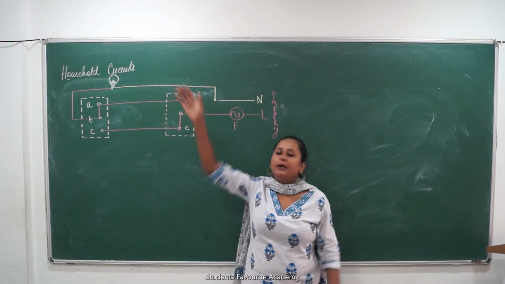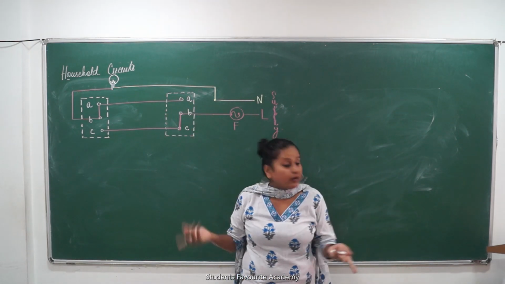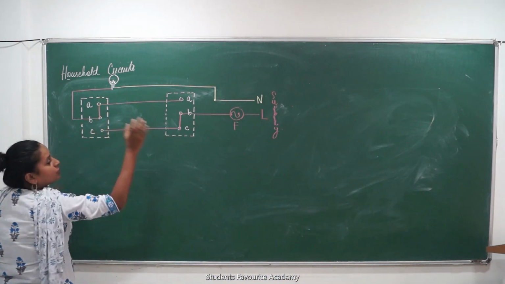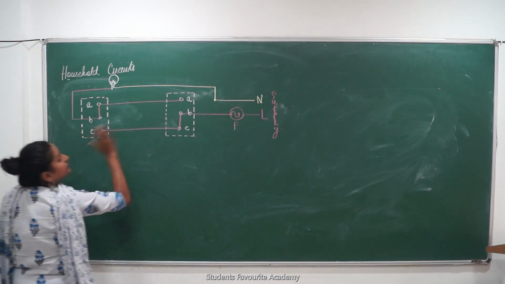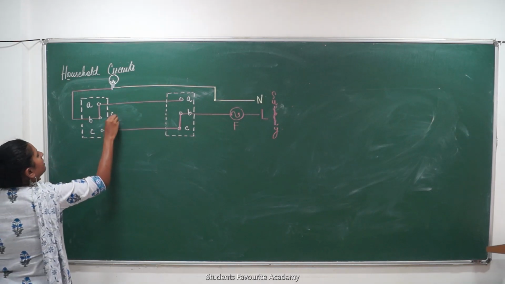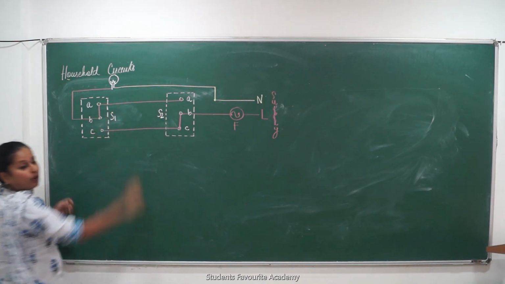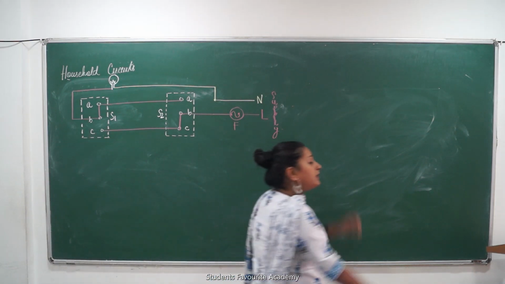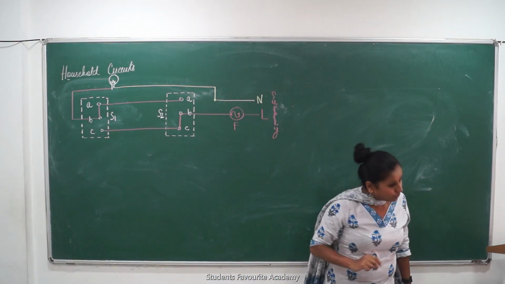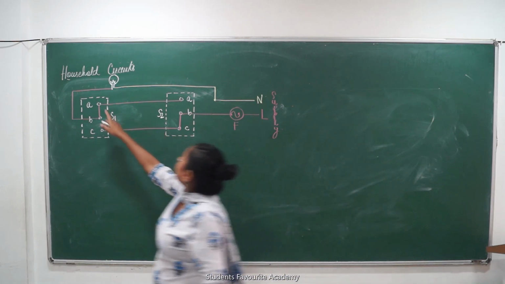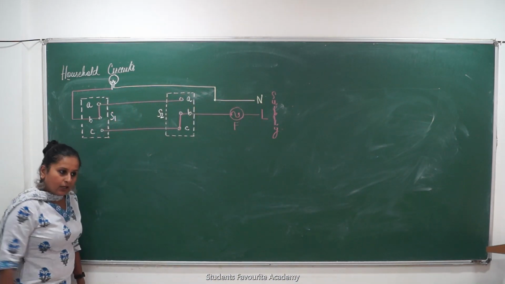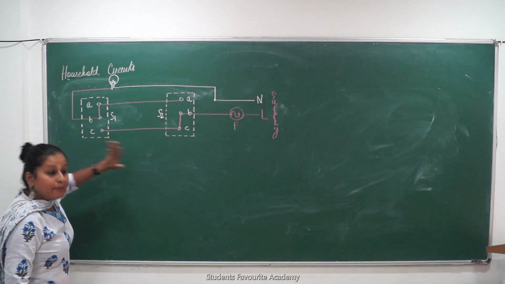नीचे से on किया, ऊपर गए, off किया. That is so convenient. So for that we need 3 connection points on both the switches. This is switch 1, this is switch 2. So what do I need in both the switches? 3 connection points. However, the wires are only 2. We have the live wire which I have shown in pink, and we have the neutral wire which is shown in green. Alright?